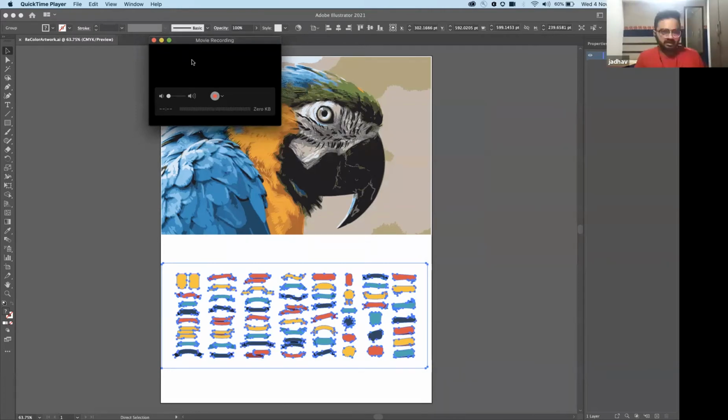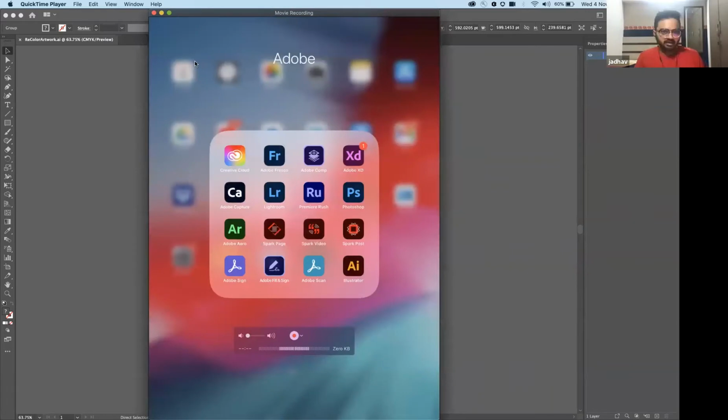What I'll now show is just a glimpse of iPad Illustrator. Now, Illustrator itself will take around 1 hour of session to show you what Illustrator can do, but this is just to give an idea. So here you will see Illustrator on the bottom right, and I'm using my stylus pen here.